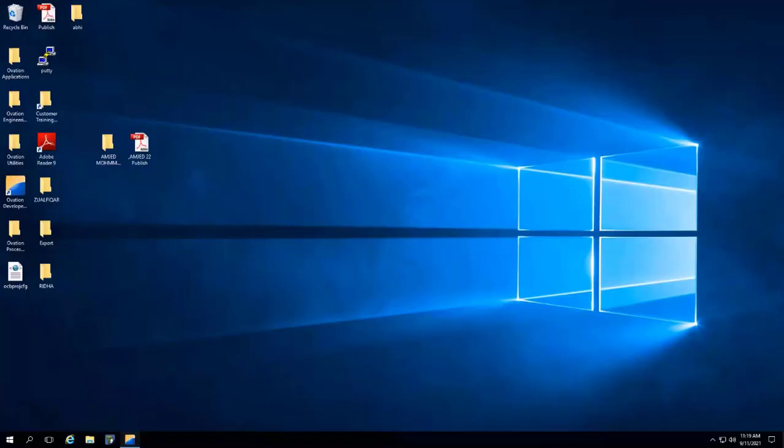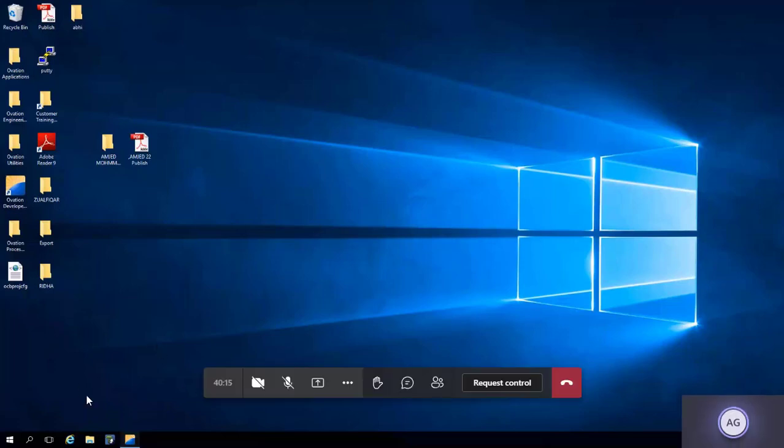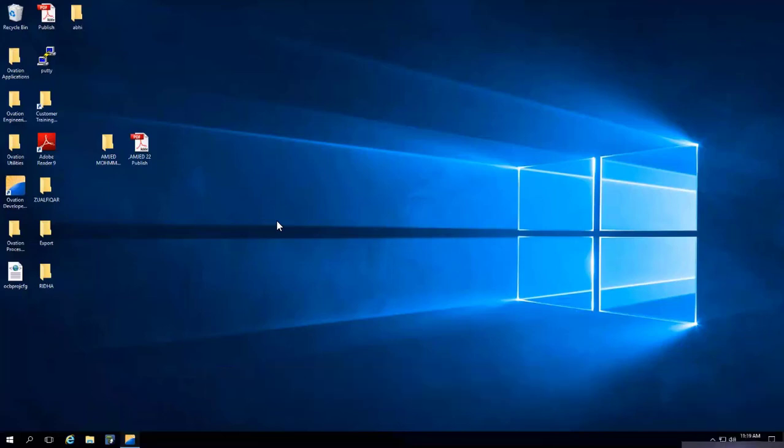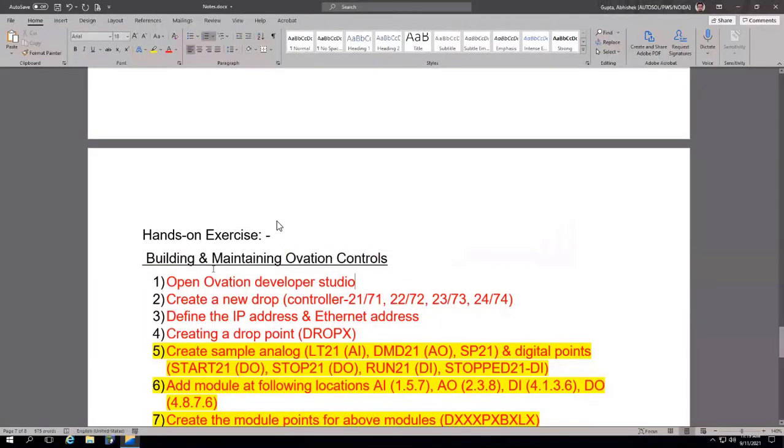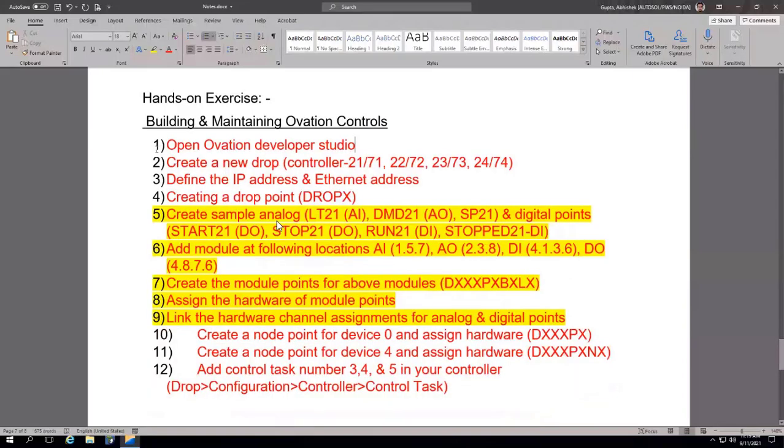If I tell you in very simple terms, this activity that you have done as a hands-on practice is known as... right. So again, I'm telling you that this is a complete activity which is a part of building of a control sheet and maintenance, right?